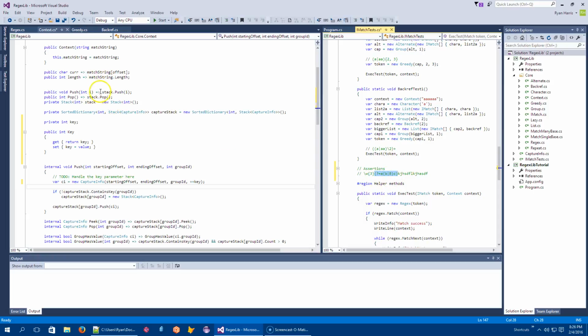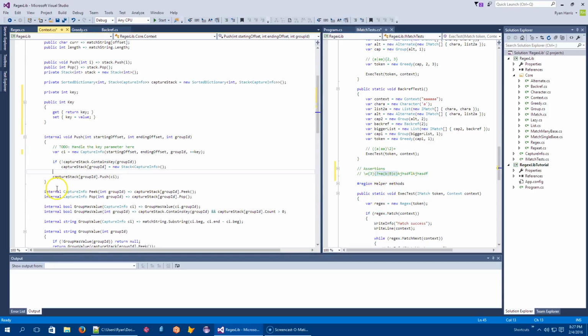If it's not obvious, this stack right here is the one that stores my backtracking information, whatever it represents. In this case, one of the things I'm going to store is the biggest key that's been used before I even get into this. That way, when I backtrack, I can just remove any capture info items that have a key larger than that, and that will restore each capture stack for each capture group back to its original state.